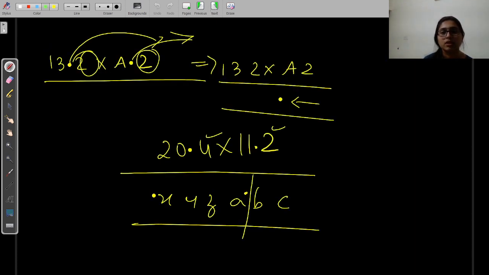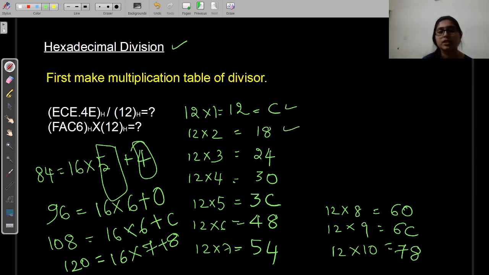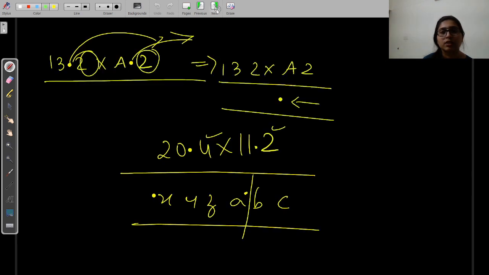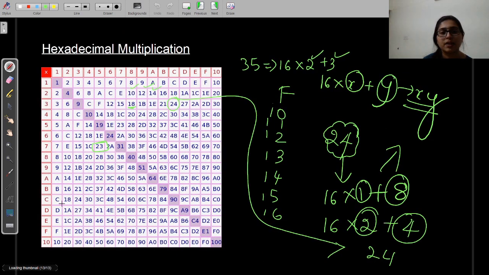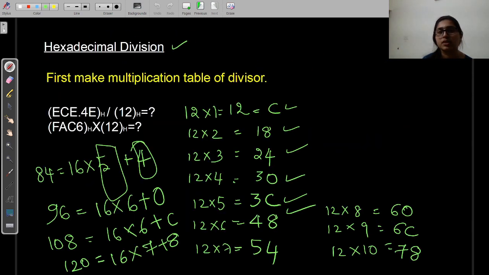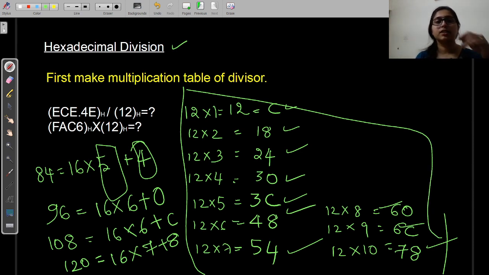18, 24. Next you have 33C, 48. Next you have 12 7s are 54, 60, 60, 78. So this is the multiplication table of 12. I have showed you how to derive this. Okay. So now let us take the